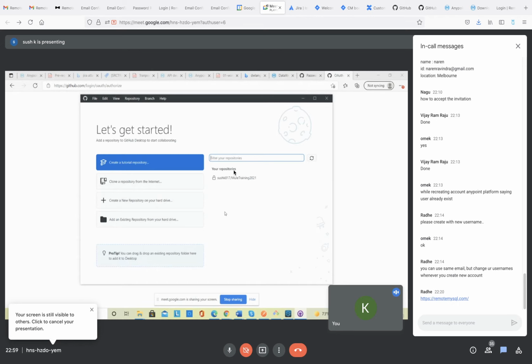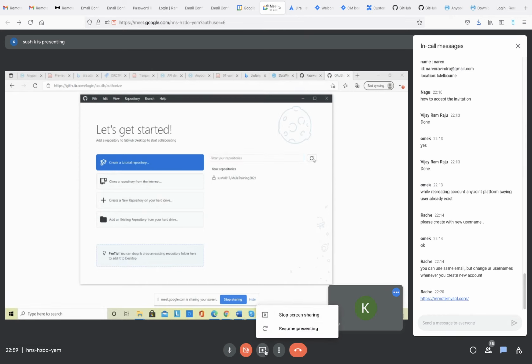Yeah, same email ID. I think there is one option, no? Okay, let me share my screen.